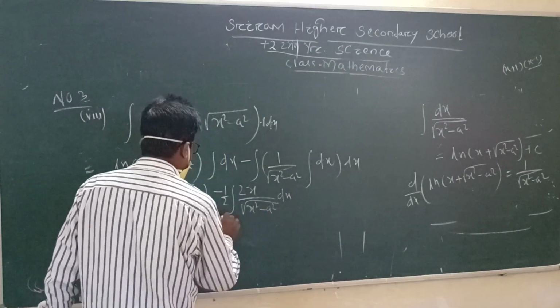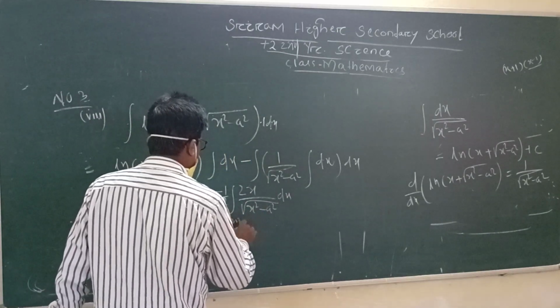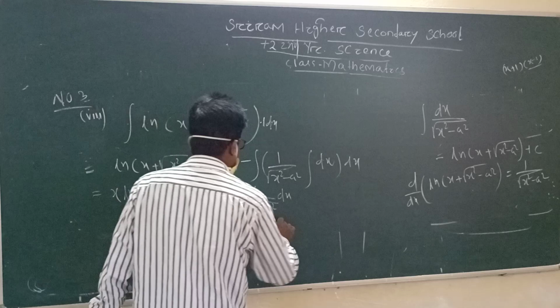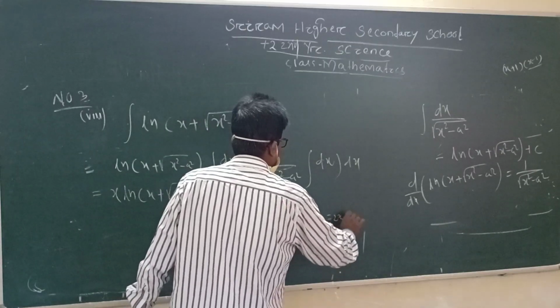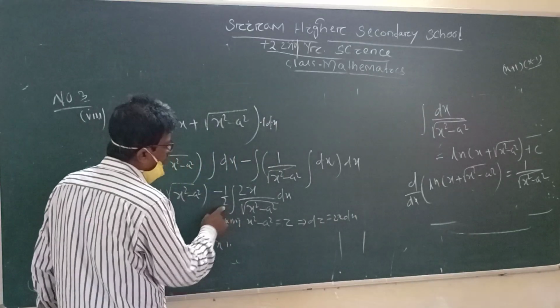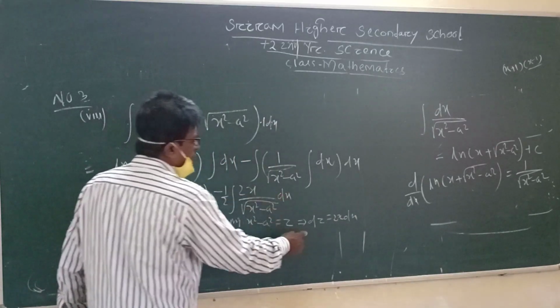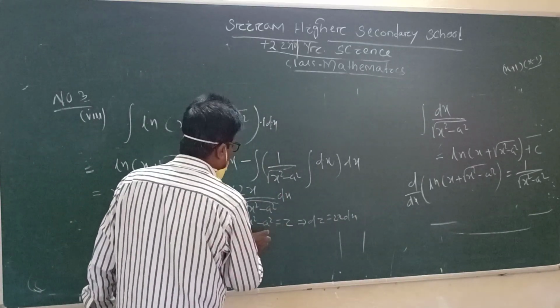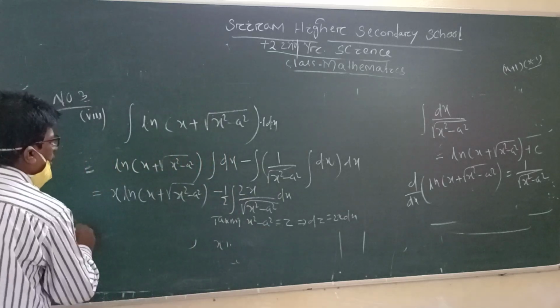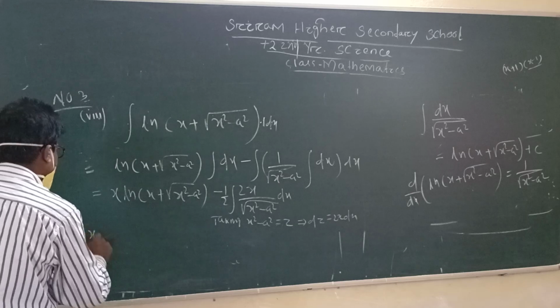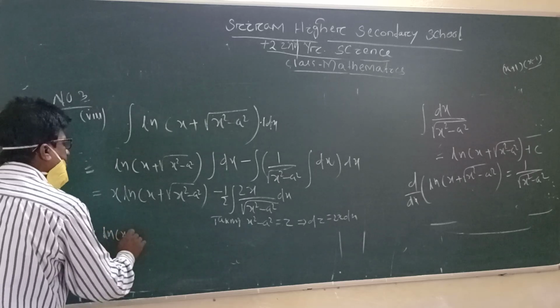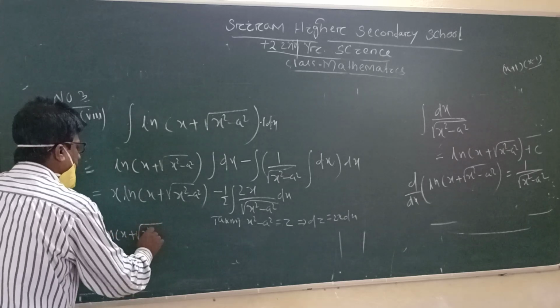Taking x square minus a square as z, that implies dz is equal to 2x dx. You look, why I have divided by 2 and multiplied by 2: because 2x dx is the derivative of x square minus a square. That becomes x ln(x + root over x square minus a square)